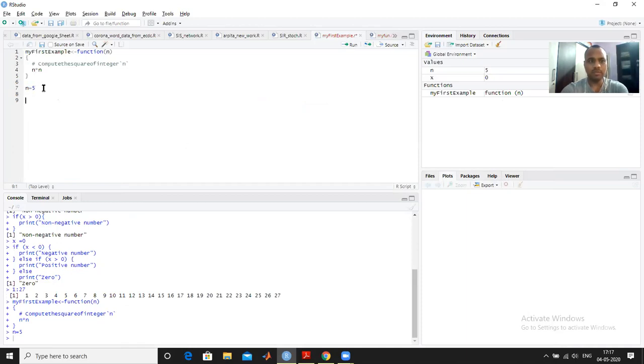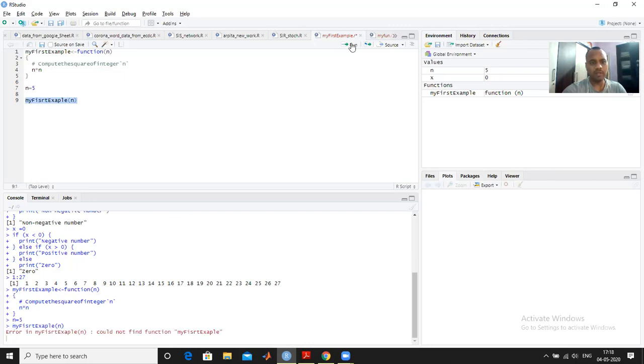Now I call my first example, and then I write down the n here. Because now I have defined n is equal to 5, if I run it, it says it could not find the function my first example.